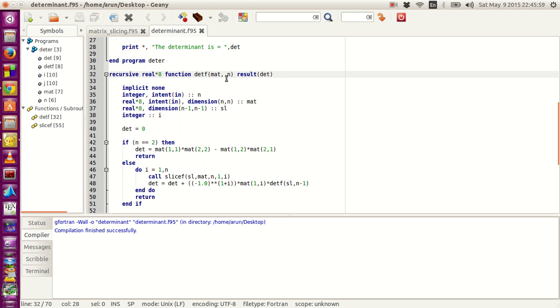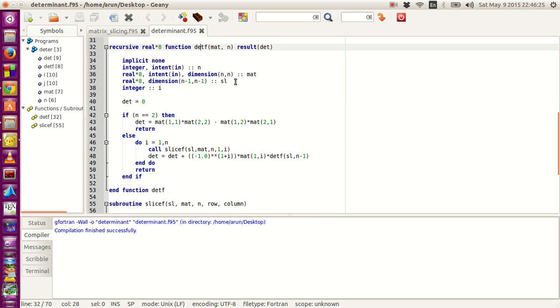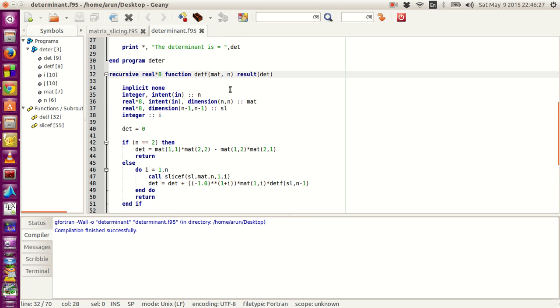I'm getting the value of n inside, and this will be defined as an integer with intent in, so that this value is coming inside the function and will not change throughout the operation of the function. Now similarly, using this value of n, I define the matrix mat that is coming in, and just like on the top, this is real 8 and its dimension is n comma n. I'm just adding one more attribute called intent in, so that this matrix again remains